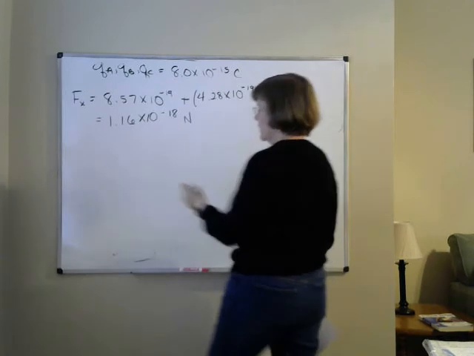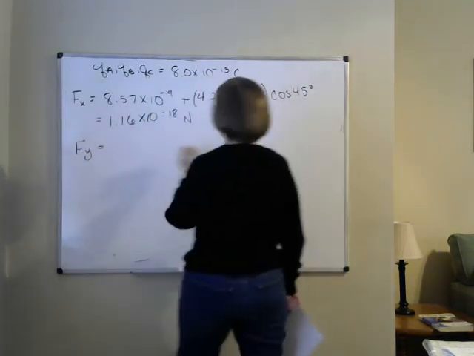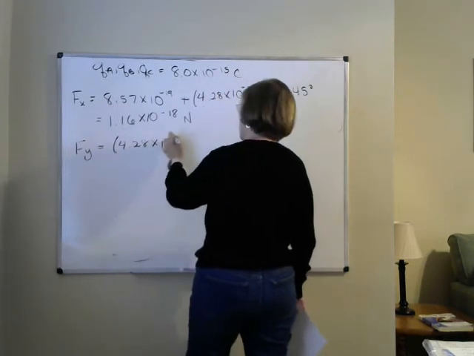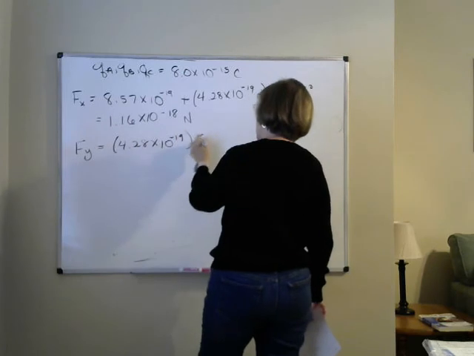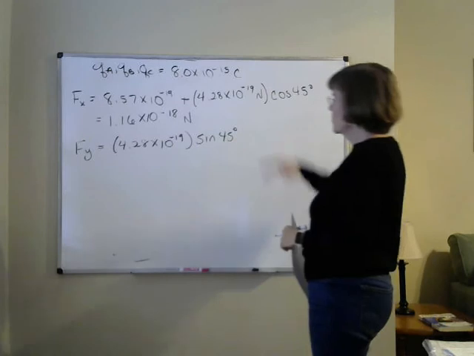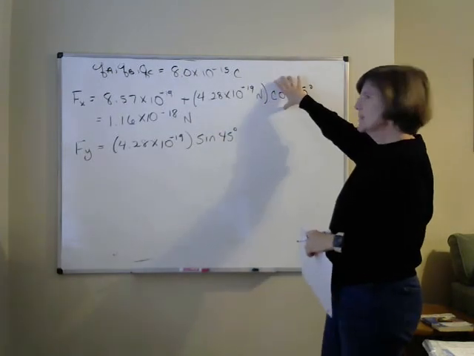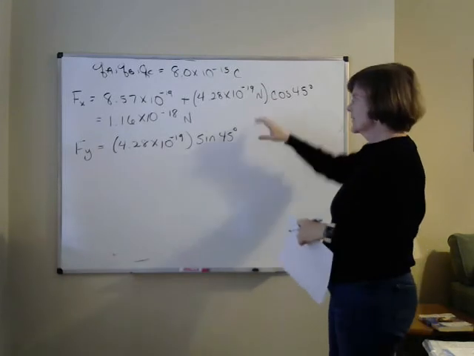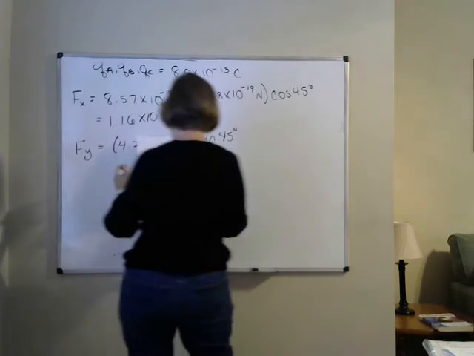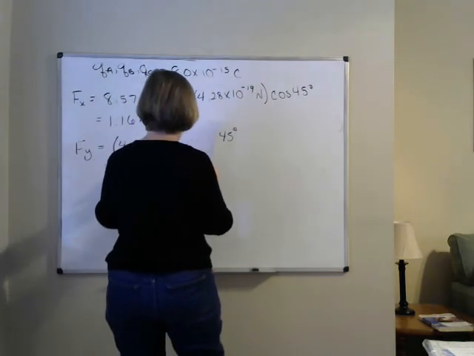The y component is simply 4.28 times 10 to the negative 19 sine 45 degrees. I just had to take the one that was at 45 degrees, get its horizontal component by using cosine 45, get the vertical component by doing sine of 45, and that y component is 3.03 times 10